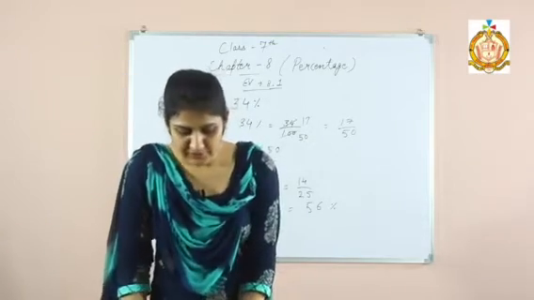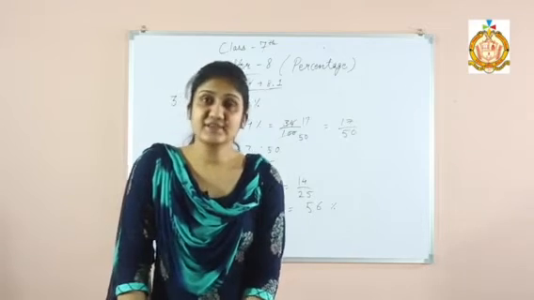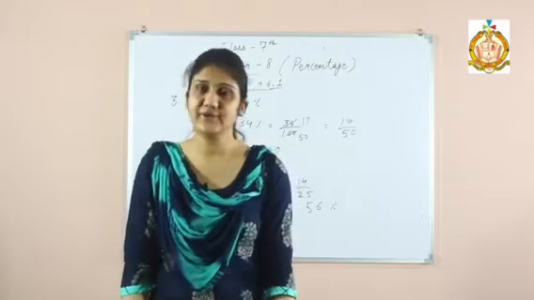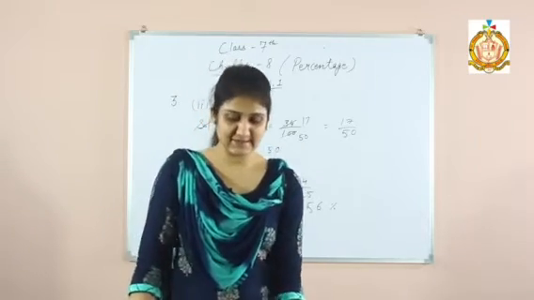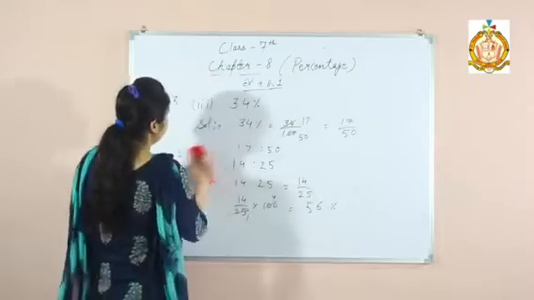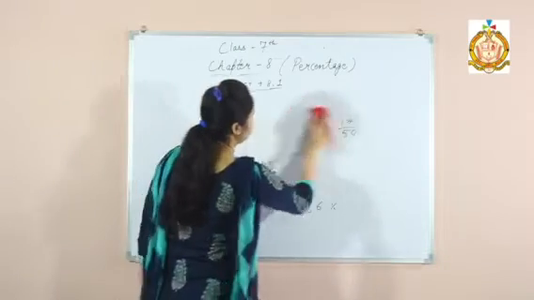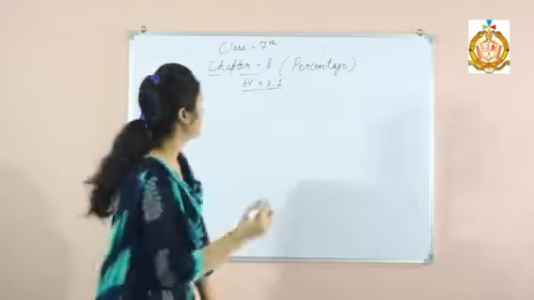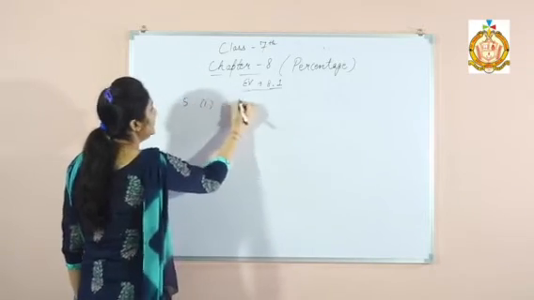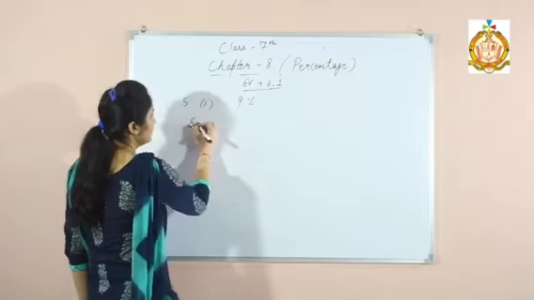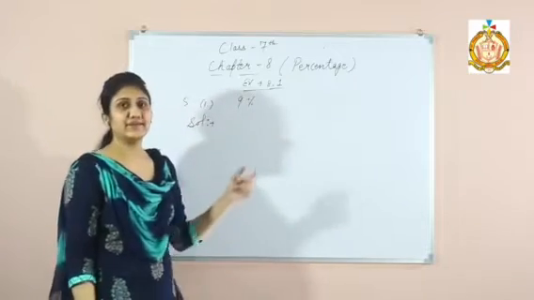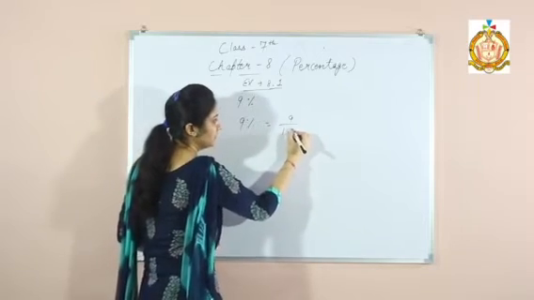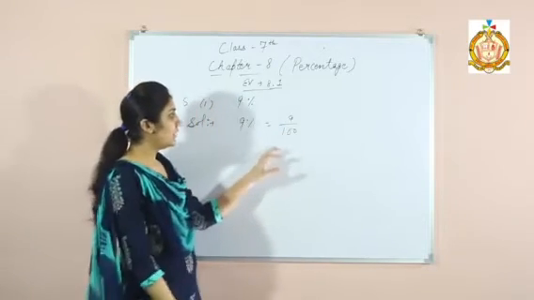Now we will do the fifth part. We have to convert the percentage into decimal. First convert it into fraction and then divide the terms, and you will get the answer in decimal. So now we will do the fifth sum. We have to convert 9% into decimal. How can we write 9%? We can write 9% equals to 9 upon 100. Right? Now we have to divide it.